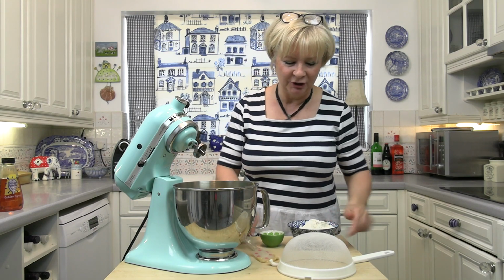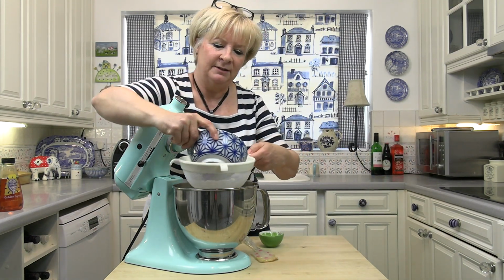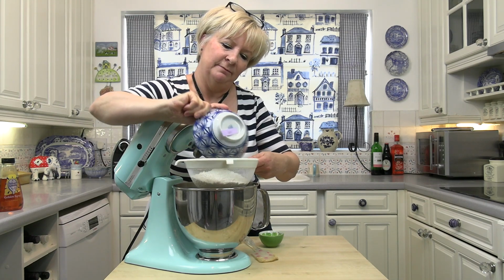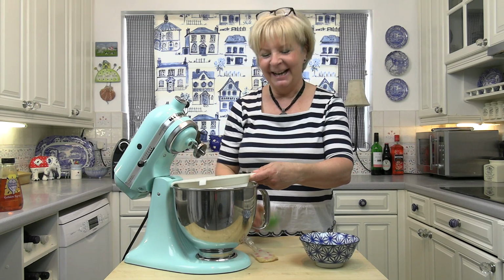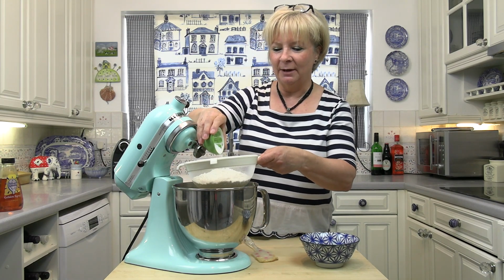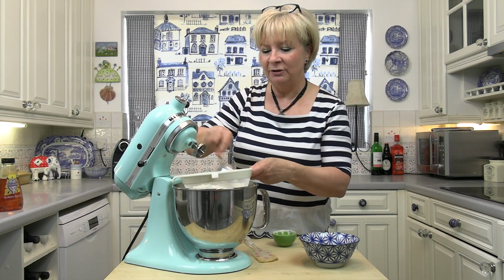And now what I'm going to do is I'm going to sift in the flour. This is plain flour, it's 250 grams, and I've stuck the label on the bottom so you can see it. And this is 2.5 teaspoons of baking powder. Now it should have 250 of